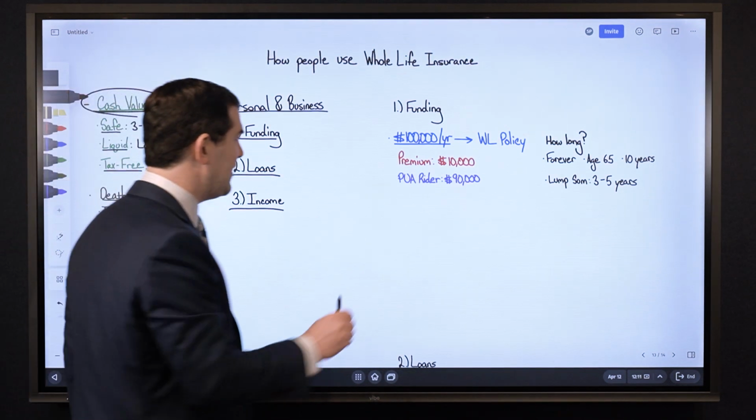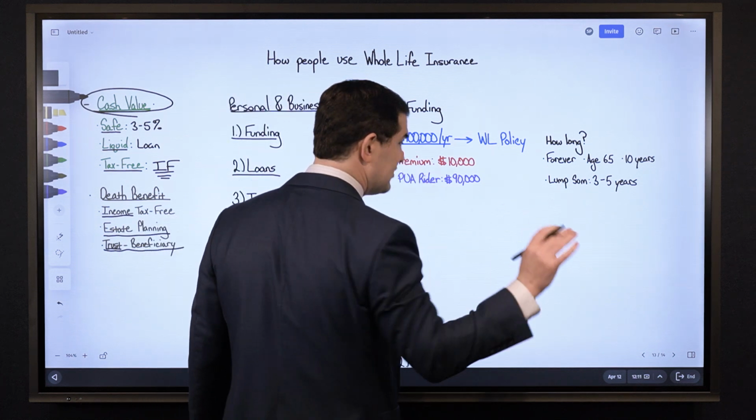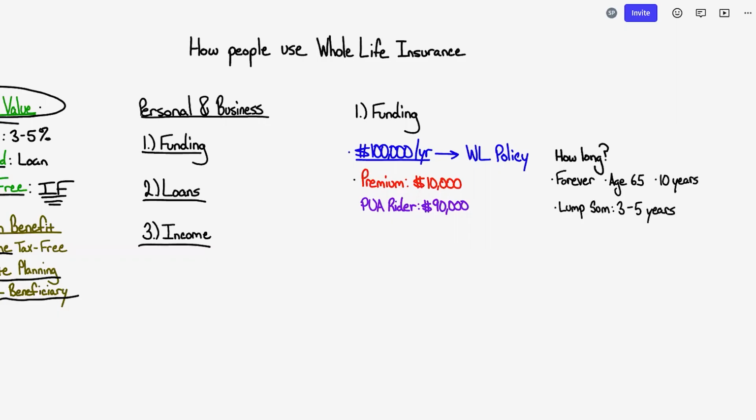Did you know that you can actually have a design like this? This does depend on the company and how the product is set up, but you can have a design or setup where you have a premium of $10,000, meaning that's what you're billed for every year. You could even pay that over 12 months with some companies if you wanted to. And then at leisure, you can add money toward your PUA, which stands for Paid Up Additions Rider. And this is really the key to accelerating the cash value growth on a life insurance policy, particularly when we look at the guaranteed values more than anything else.